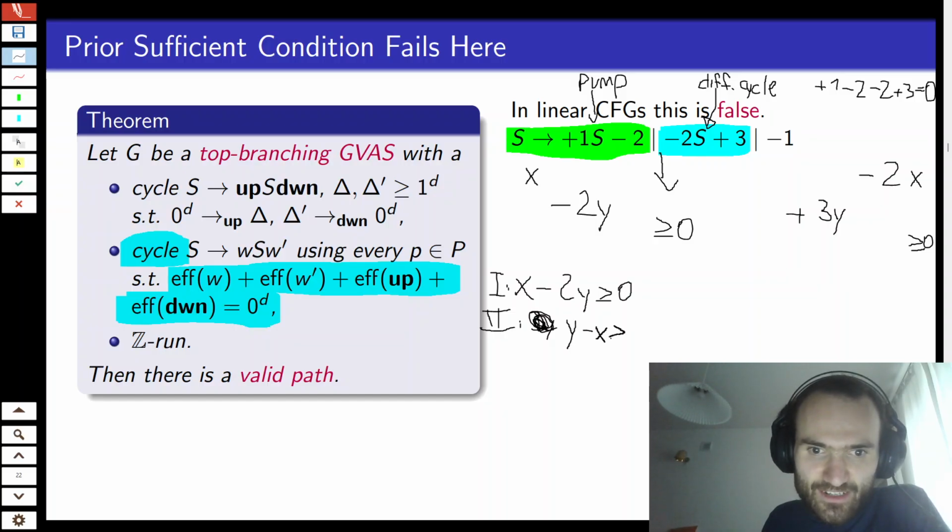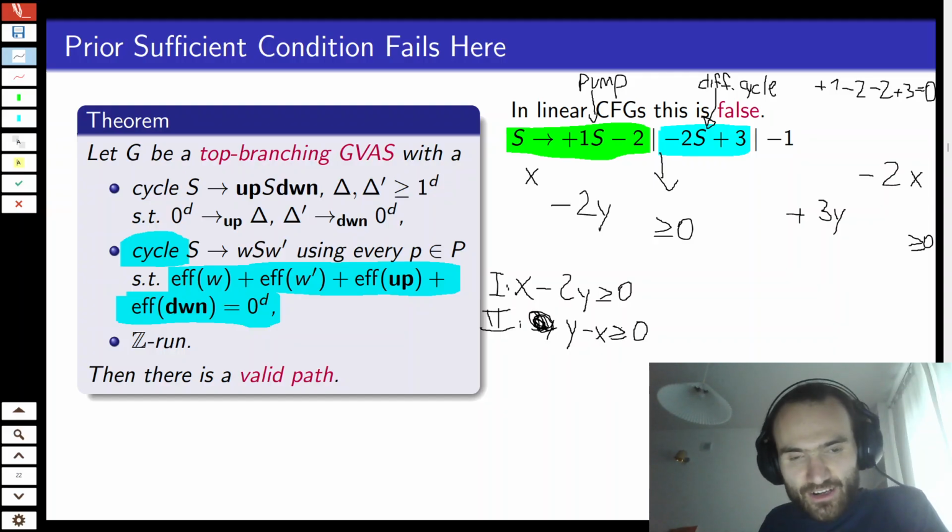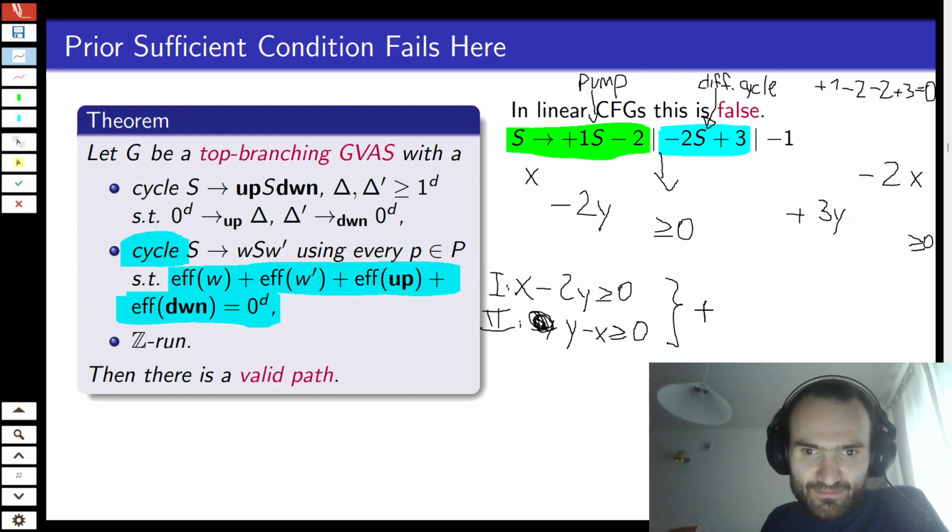This is supposed to be greater than or equal to 0. Okay, now what can we do with inequalities? Well, we can sum them, and then we know that they're still true. So if we sum these inequalities, then we get, okay, x cancels out, and we get minus y is greater than or equal to 0, which, well, is a